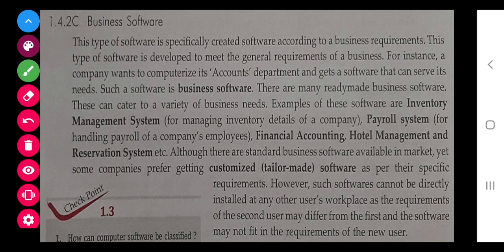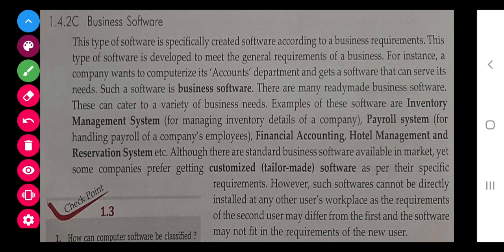Now there is one more: business software. Different business softwares are there. Tally comes under this. Tally is a software which deals with accounting purposes. Nowadays every organization has its own software.